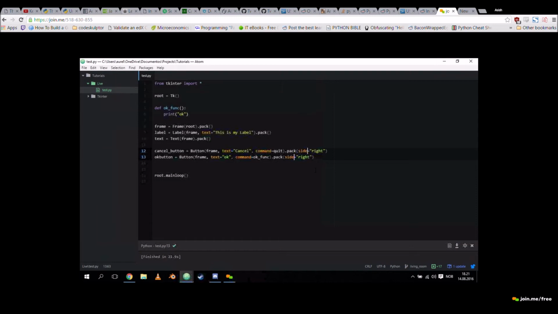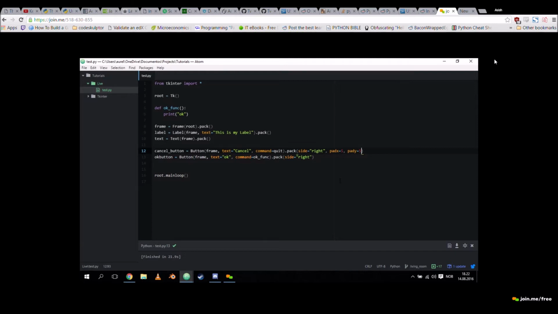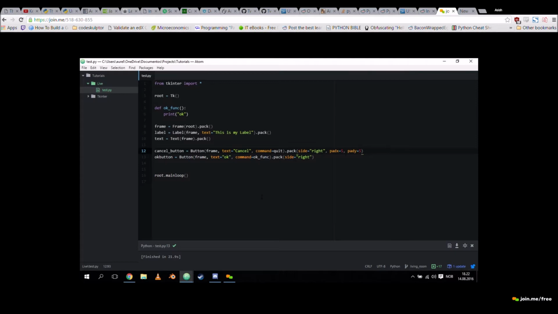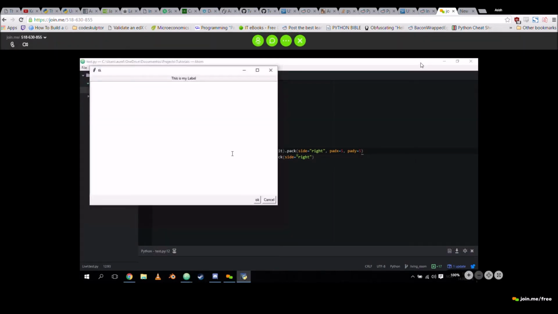Still doesn't look very good. Let's fix it a little. We can add some simple padding. That's simple stuff, super simple stuff. We say we pad X by 5 pixels, and we're padding on both sides of the button. Pad X and pad Y, same thing. Above and below the button, we add 5 pixels of space. I don't have to do that with the OK, because the 5 pixels are added to both sides. So now it looks like this, which looks a little bit better.